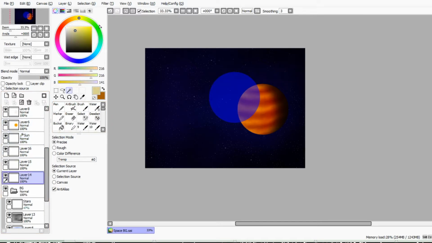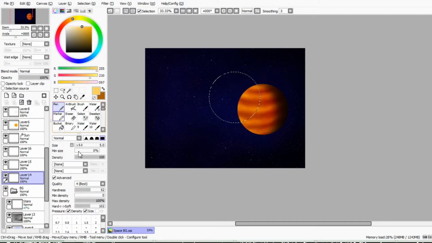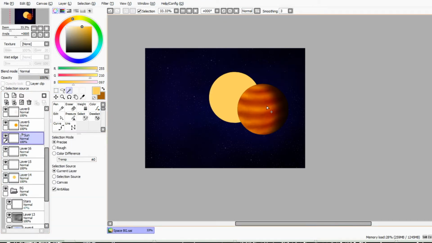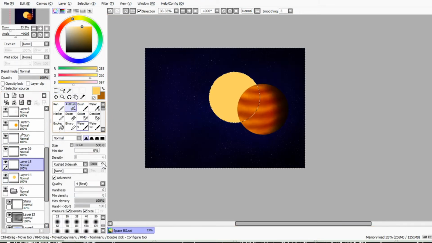Again, I use the Wand Select tool to select the interior of the new sun circle. Then I come up with a color that I want, a sort of yellow, and paste it inside with the Paint Bucket tool. Then I wand select the outside of the sun, and start using the airbrush tool to create